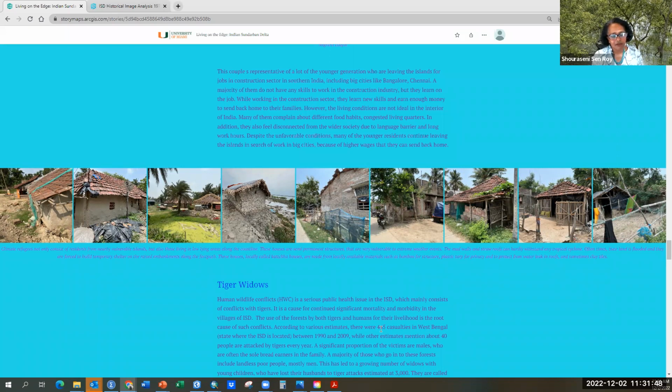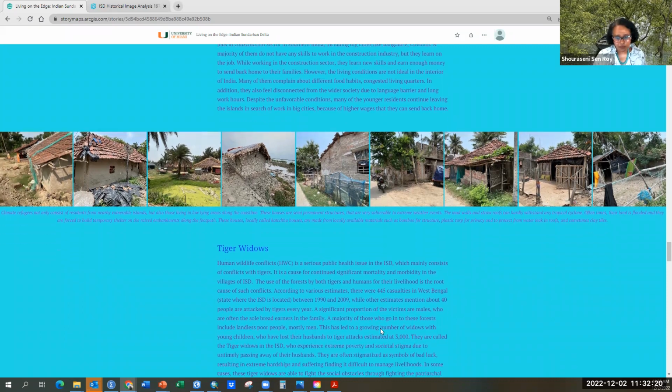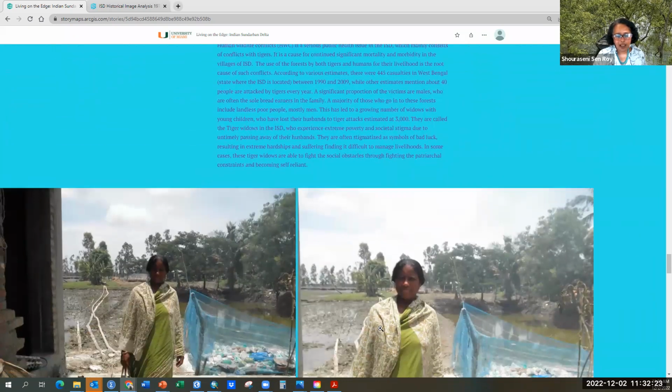And they go at night for various reasons. One is that at new moon, because of the tides, the crab collection is the best. Also, because there are a lot of regulations from the government, they just can't go in. They are actually not supposed to be on these islands. These are protected forests, but because of the increasing pressure, they go into these islands at nighttime. Most of the time, it's the men who go to collect these forest products, and they get attacked by tigers, and they don't make it back to their homes.